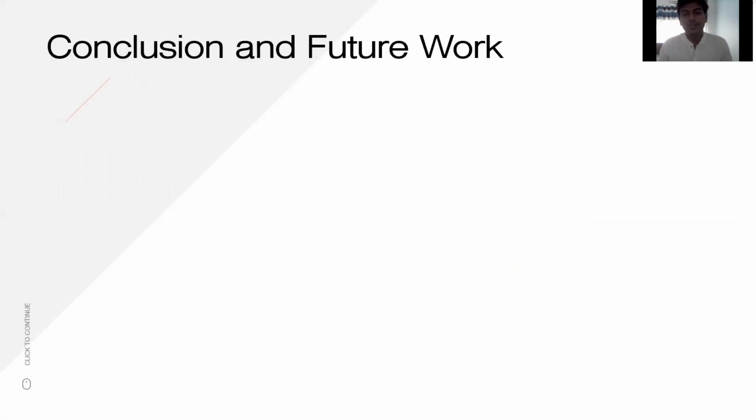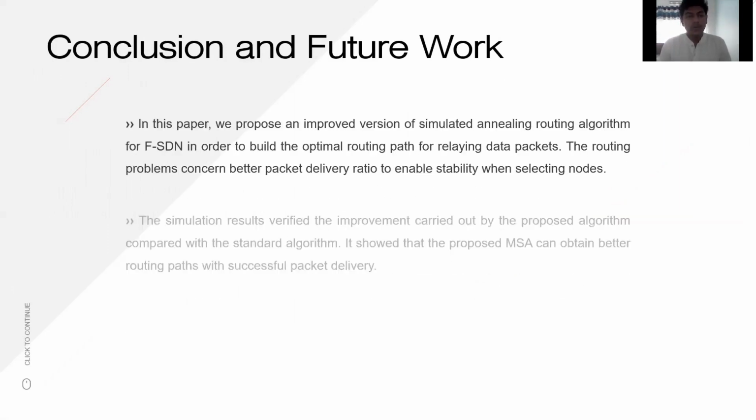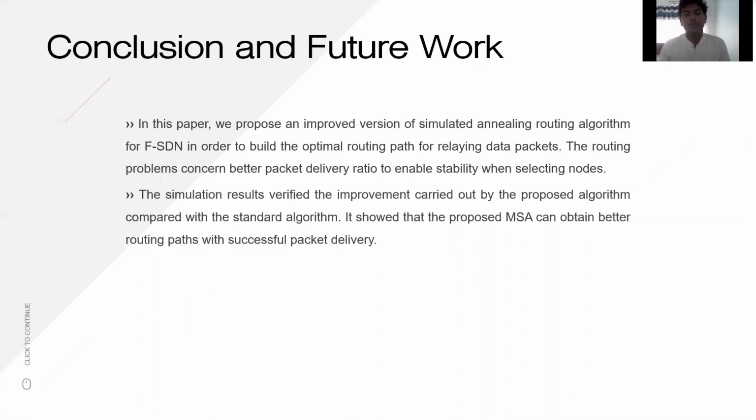Finally, the conclusion and future work. In this paper, we proposed an improved version of the simulated annealing routing algorithm for F-SDN in order to build the optimal routing path for relaying data packets. The routing problems concern a better packet delivery ratio to enable stability when selecting nodes. Also, the second point, the simulation results verify the improvement carried out by the proposed algorithm compared with the standard algorithm. It showed that the proposed MSA algorithm can obtain better routing paths